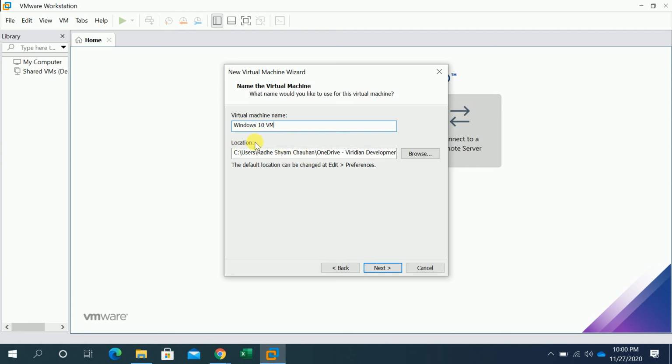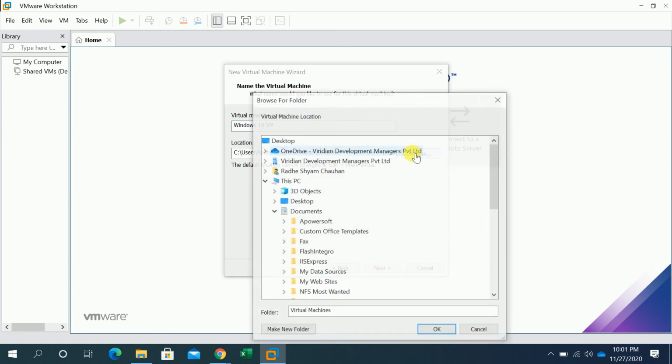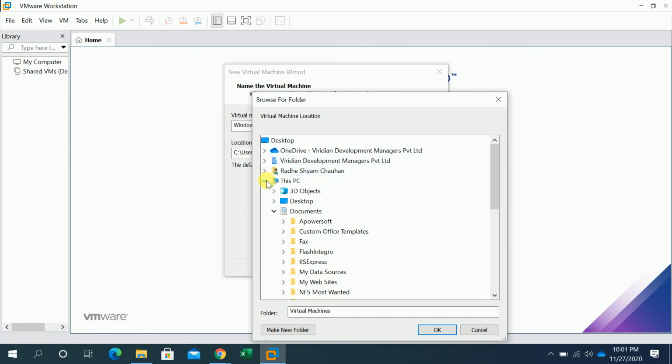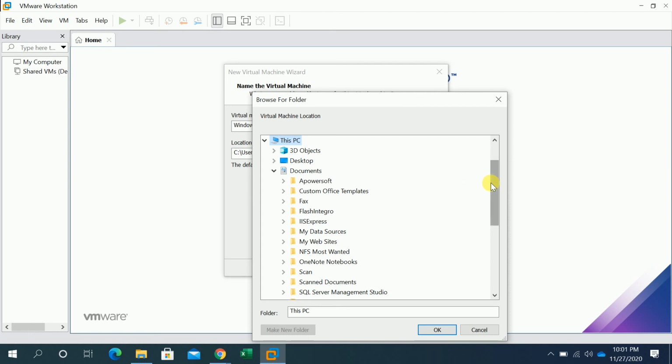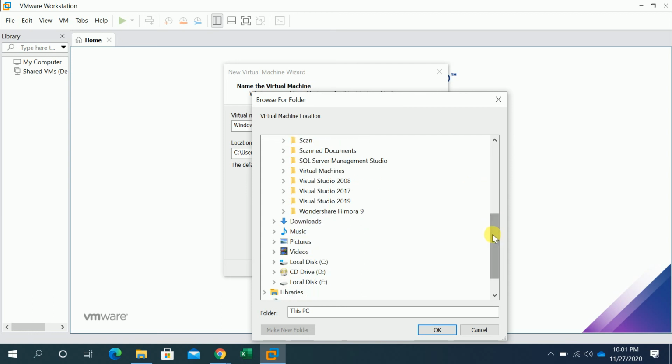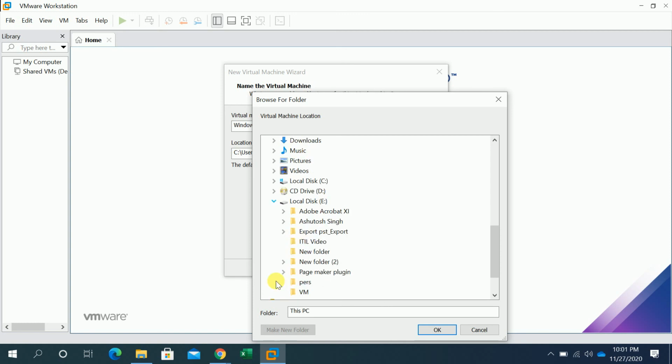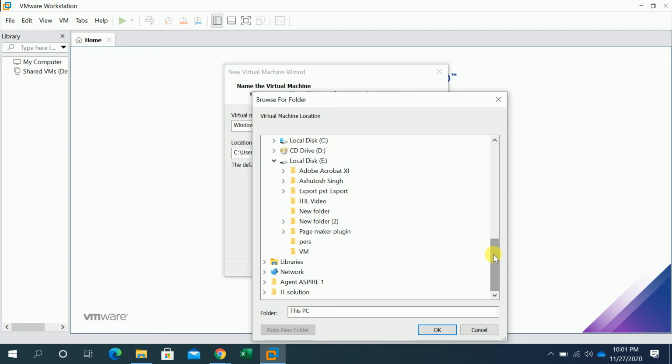This is the location where you want to put your machine files. I will choose my E drive, because I have a lot of space in the E drive. I had already created a new folder, the VM folder.